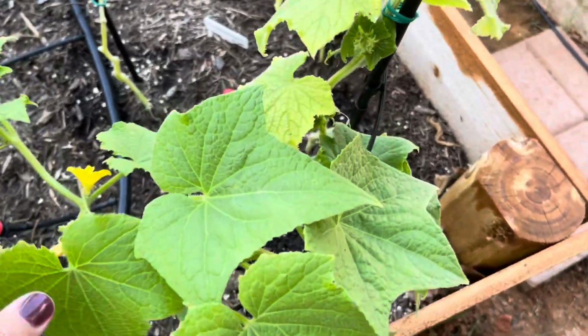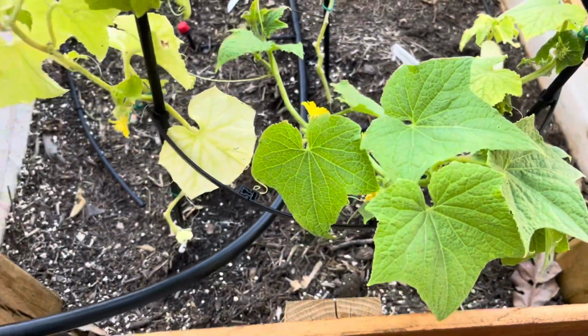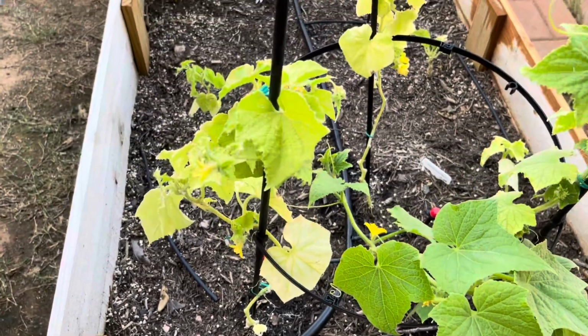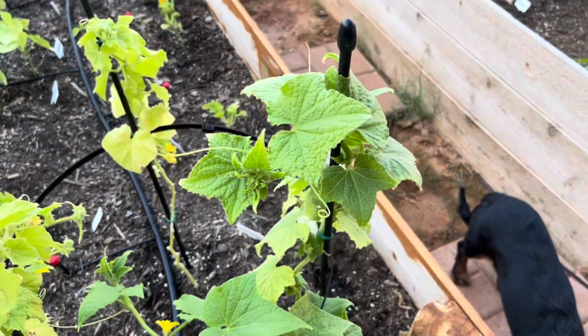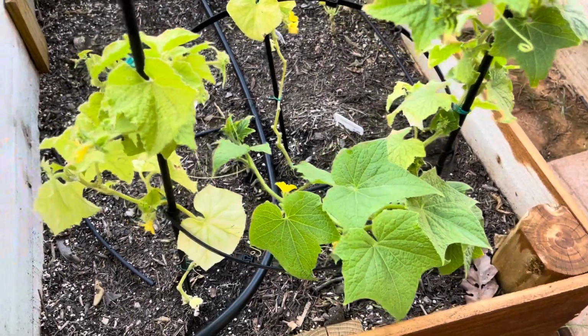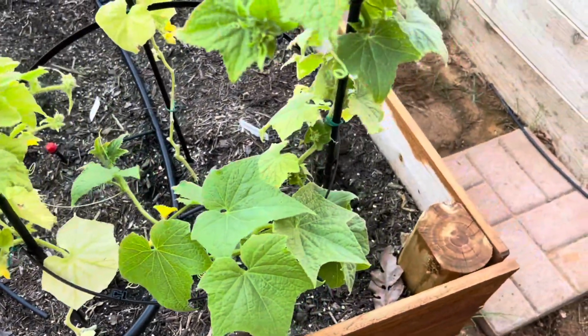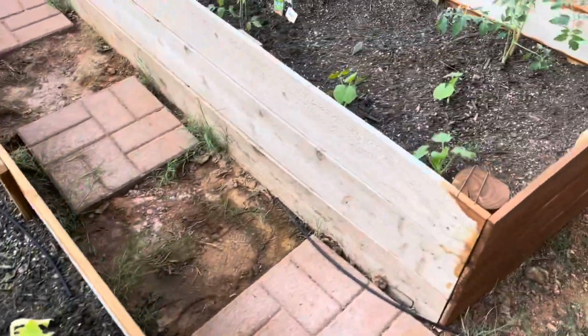It's got a lot of blooms on it. I don't know if I'm salvaging it or if it's a futile effort to keep trying. It certainly doesn't look as good as the one on the porch, but I'm trying. We'll see what happens. Okay, in the other bed,